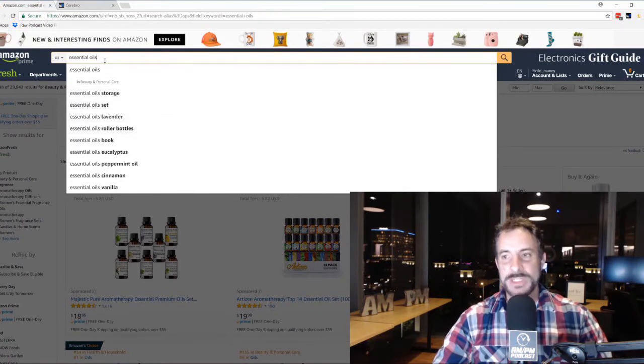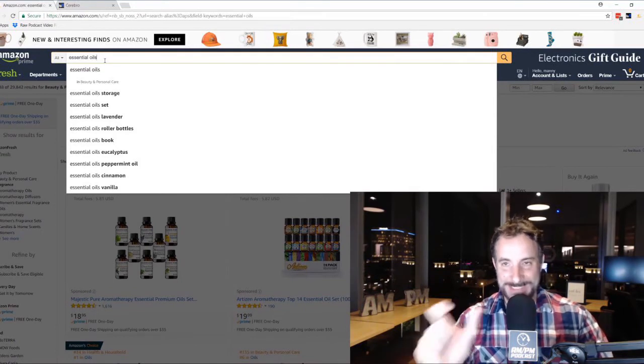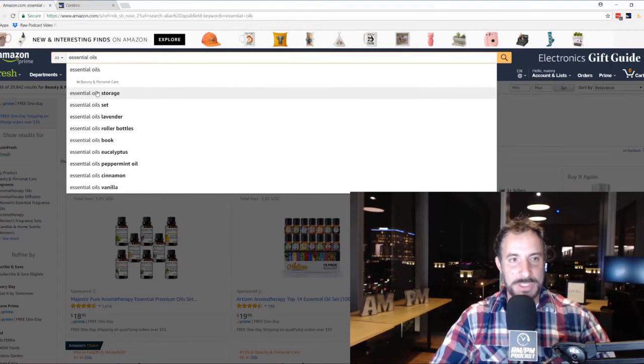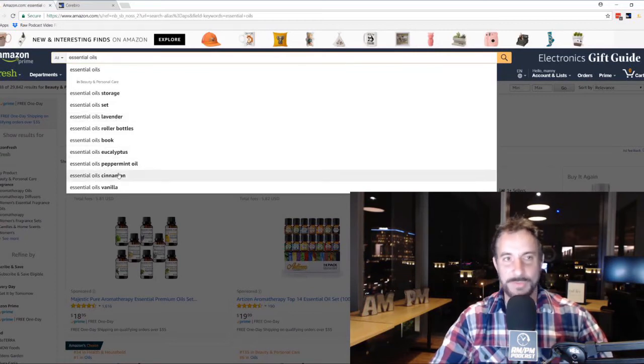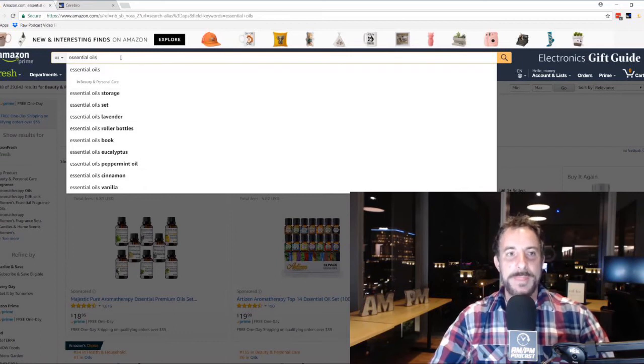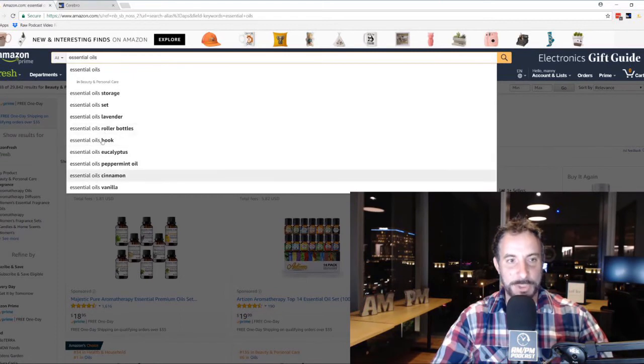So if you're using a traditional search method where you enter a seed keyword, essential oils, that's that seed keyword, that's the root keyword. It then pulls up a bunch of additional keywords like essential oil storage, essential oils set, essential oils lavender, essential oils peppermint oil and eucalyptus and cinnamon and so forth. There's a bunch of them. That's the way a traditional search works. You enter a seed keyword and it finds a bunch of stuff, and there's other ways that they find, but you always have to start with a seed keyword, and typically you'll end up with a lot of similar keyword